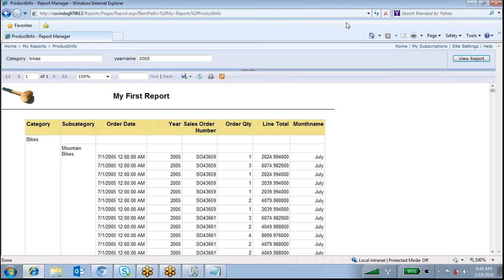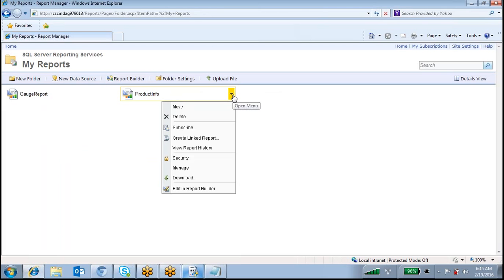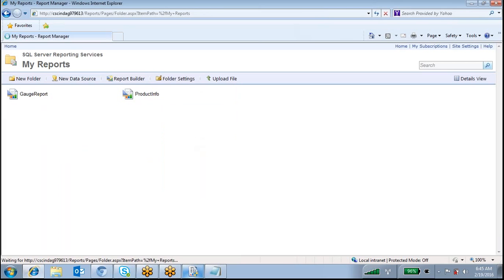Okay, right. So this is the bikes related information is coming. So by using this report, I want to create a linked report. So how to create the linked report? You just click here and create linked report.